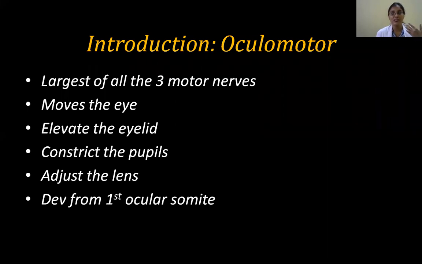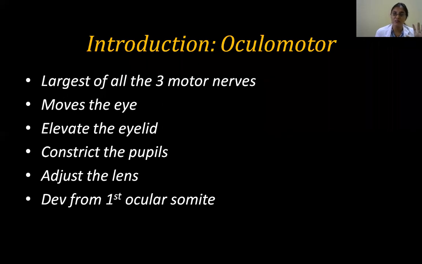So the head somites are, you have 3 ocular and 4 occipital somites. If you remember embryology, when we talked about paraxial mesoderm, that will segment into somites, and that's just beside your developing neural tube, very close to it. So what comes out of your neural tube to these muscles? It is a spinal nerve. And whatever muscles come out of this somite, they migrate, they carry their nerve supply.